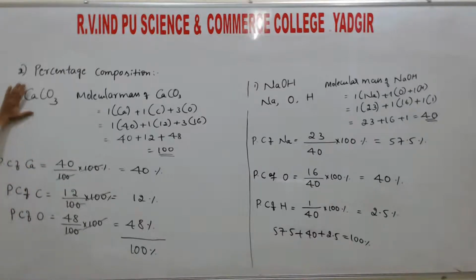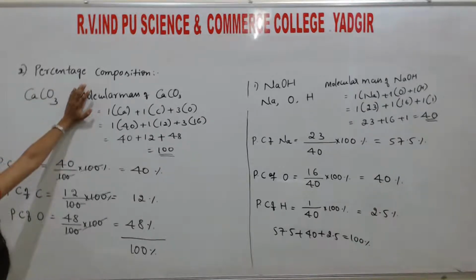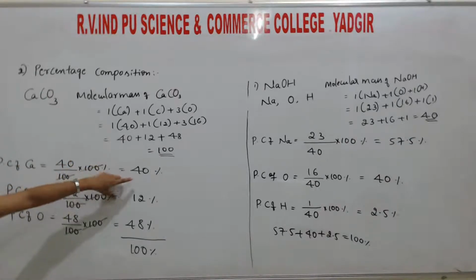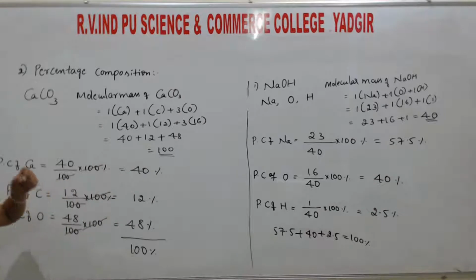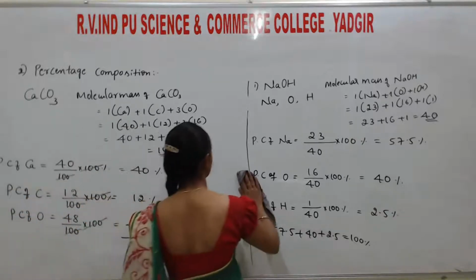Okay, what happens here? First, we are going to calculate the molecular mass of the respective compound by adding the masses of the substances. Once we know the molecular mass, the given mass of the element, or the amount of the individual atom present in that compound, divided by the overall mass of the compound and multiplied by 100, gives the percentage of the respective atom present in the compound. Okay. So the next one is